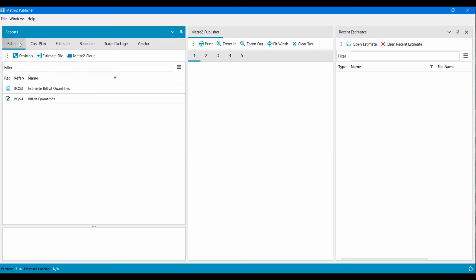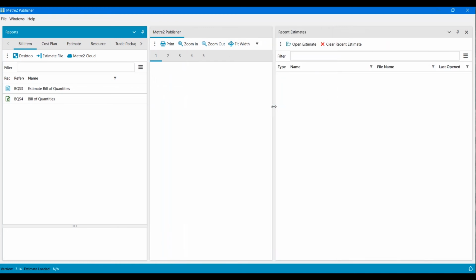So you can see here we've got some bill item reports, an example of a bill of quantities, both in a PDF version and an Excel version. The software itself is a fairly standard interface. We use panes. There's a separate video to describe panes and the different methods of hiding and displaying the pane information. There's also a video on swapping the system to dark mode to maybe take some of the pressure off